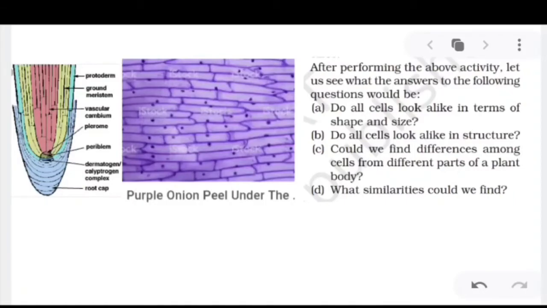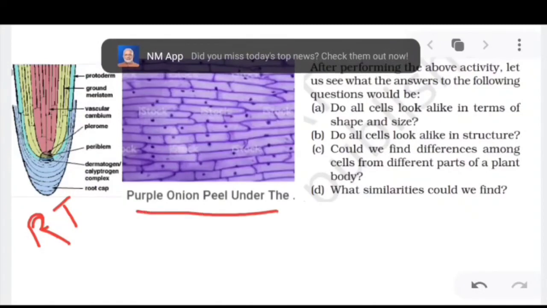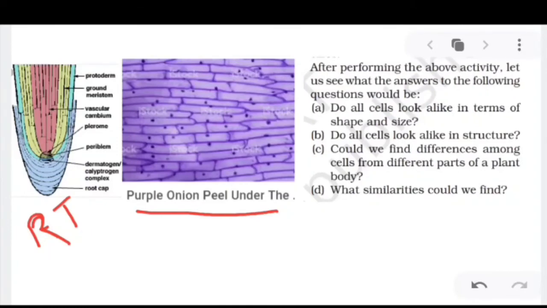तो अगर हमने यहाँ पे ये जो है ये क्या चीज़ है, ये रूट, ठीक है, ये रूट टिप है, that is called the root tip, and this is called the onion peel, पर्पल अनियन पील, जैसे हमने देखा ना अभी ऑनियन का पील. तो दिस इज द एक्चुअल इमेज, ओके, which we look at under the microscope. So what happens when we prepare all this